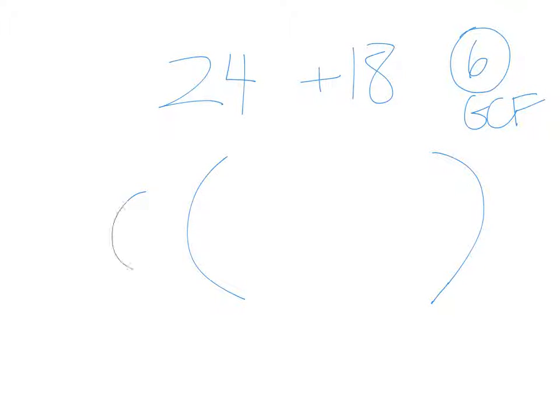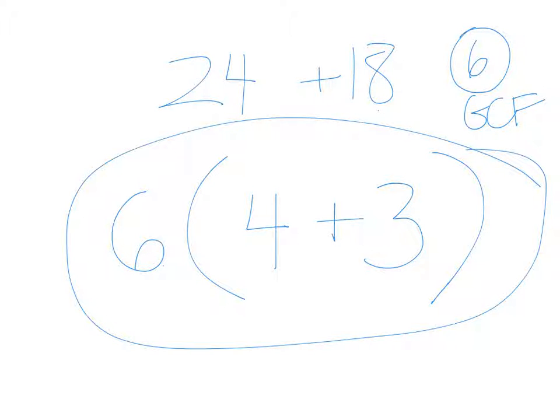So I'm going to put 6 here, and that 6 can be distributed and multiplied on the inside. So I look and say, 6 multiplied by what gives me 24? Oh, 4. And 6 multiplied by what gives me 18? 3. There is my answer on how to rewrite the sum using the distributive property. I start with parentheses and